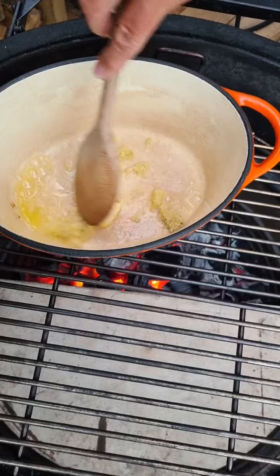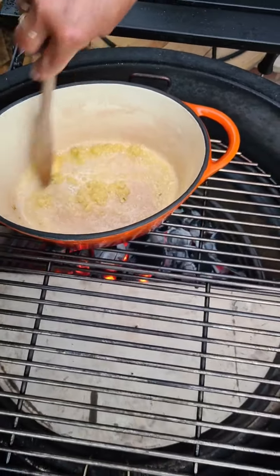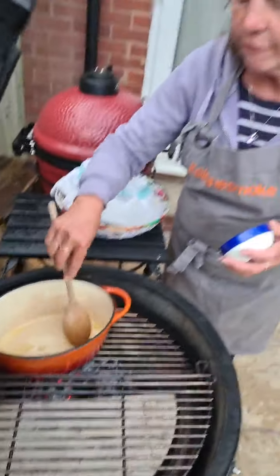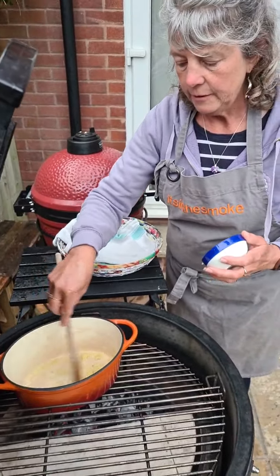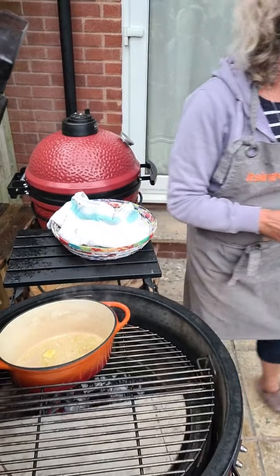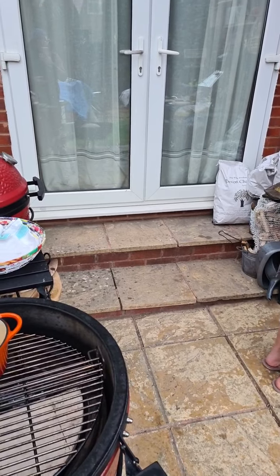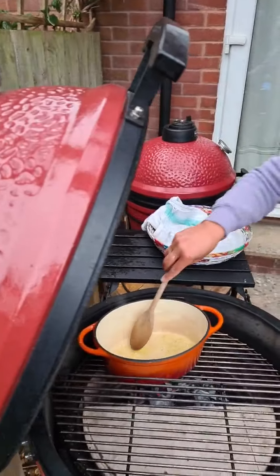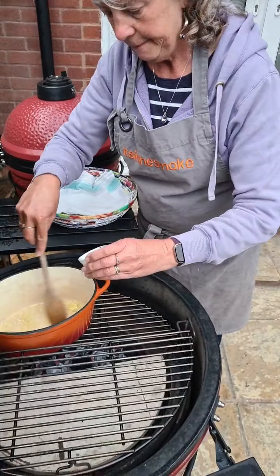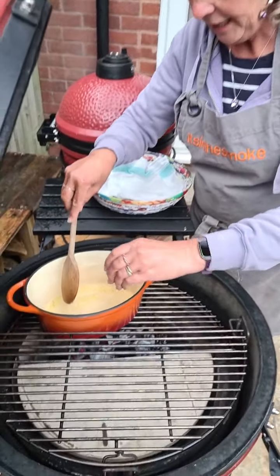Now a little trick with your ginger, I freeze it whole and then you just grate it with a fine microplane. Skin as well, straight in. So right, then, if I remember rightly, it's all quite quick. I'm worried it might burn, but we'll see. So you add in the sugar,